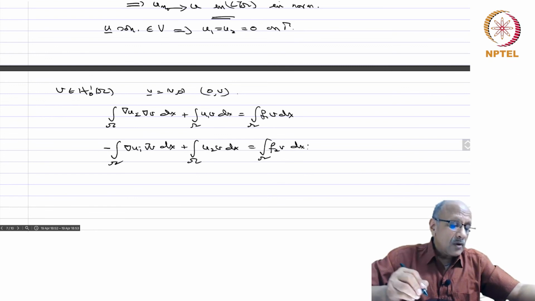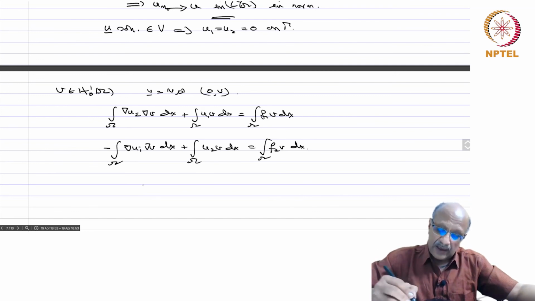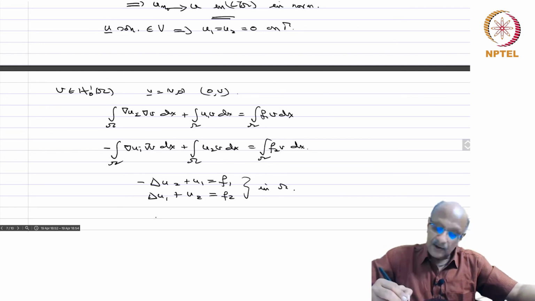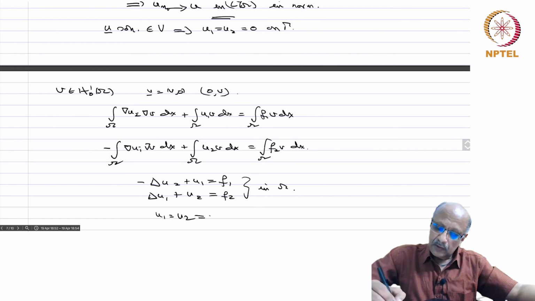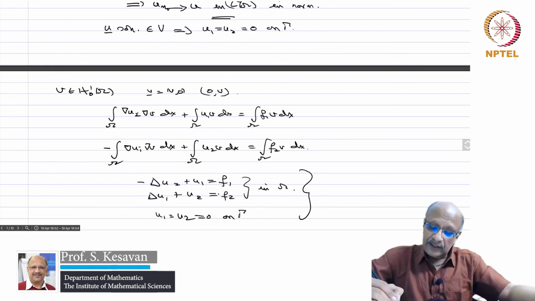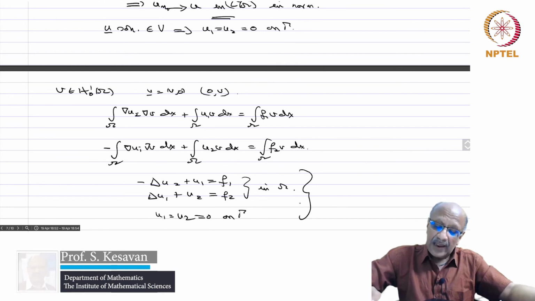Okay. So from this we can derive easily, taking V in D of omega, you get minus Laplacian u2 plus u1 equals f1, Laplacian u1 plus u2 equals f2 in omega, and you have u1 equals u2 equal to 0 on gamma. So this is the coupled system of linear PDEs which we have solved using this method of Galerkin, and in fact this has applications